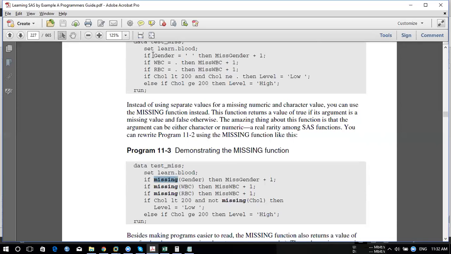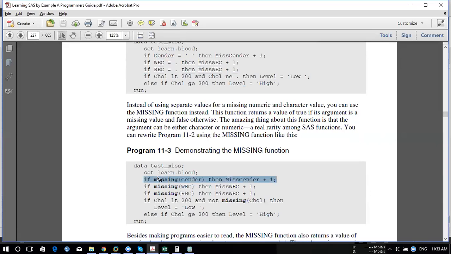So here we are trying to write the query, and we are saying okay, gender equal to, then putting a dot. If you miss putting this space in between, you end up with no result, correct? So in this case, what will happen, you try to use the missing keyword and put gender in brackets. It will consider the same as it is here, correct? It will look for a space as a missing value, then it will do the same work.